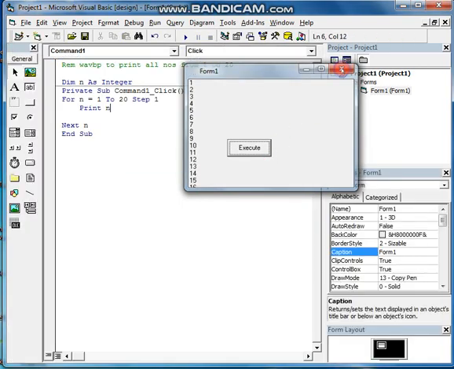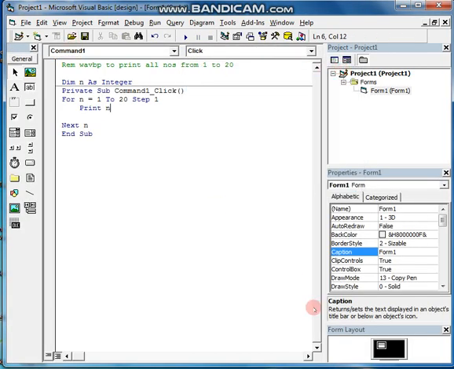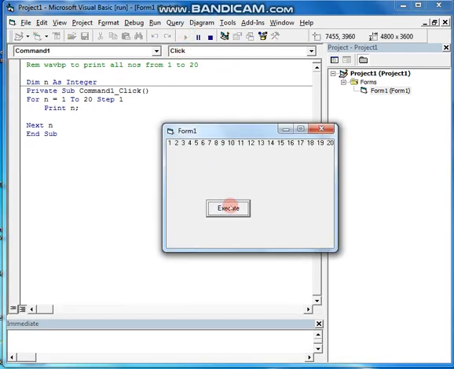Fine. Understood till this? Now suppose, students, I want to display the result in one line. If I want to display the result in one line, then simply with Print I have to specify the semicolon sign. Now running the program, you check how it is printing. Clear?